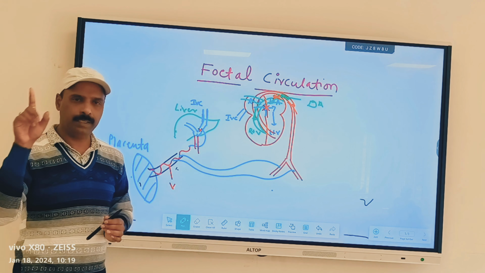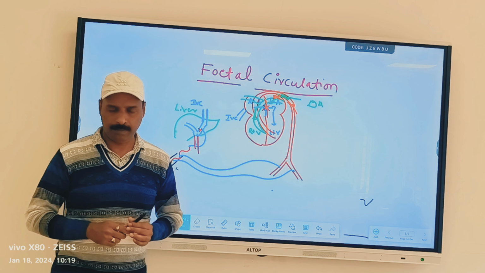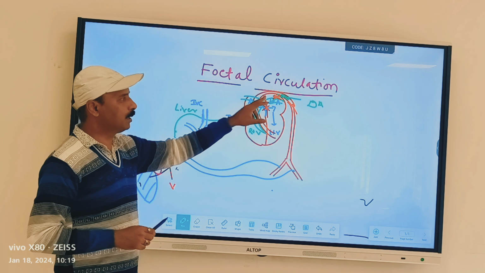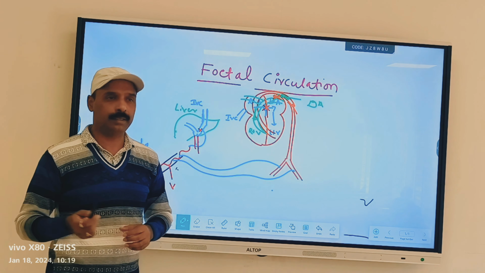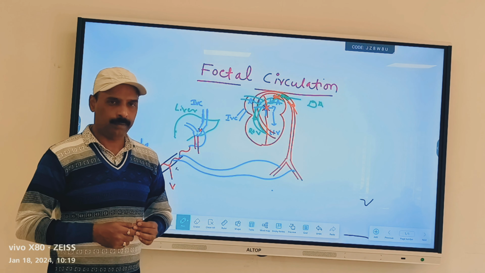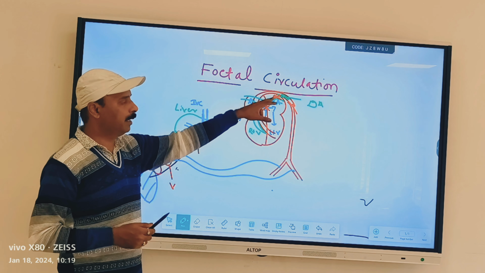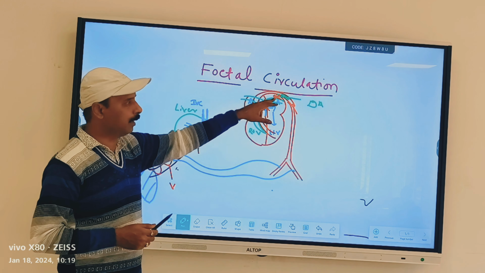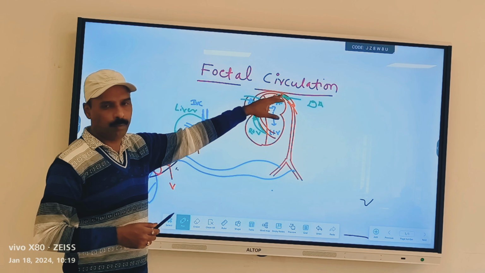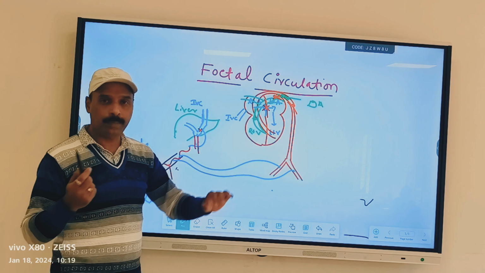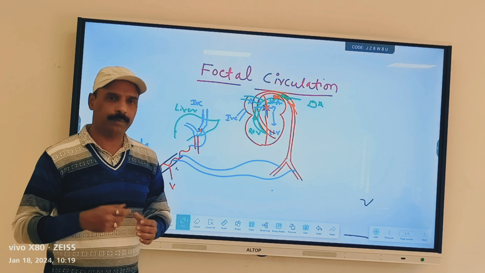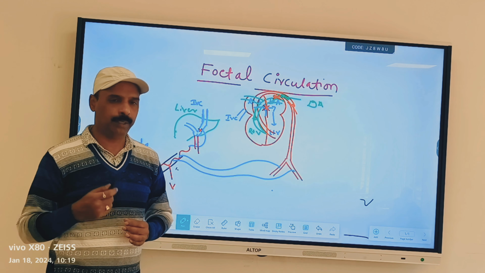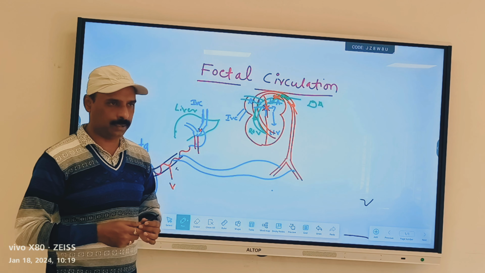Mother circulation means systemic circulation. This is what you have to remember and understand. Then the question will be asked: what is a ductus arteriosus? It is a communication channel in the fetal circulation where the left pulmonary artery joins the aorta. Then what is a patent ductus arteriosus? After birth it has to close, but if it remains open, we call it patent ductus arteriosus.